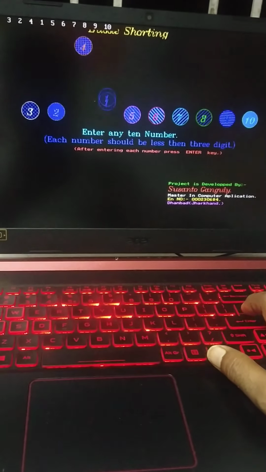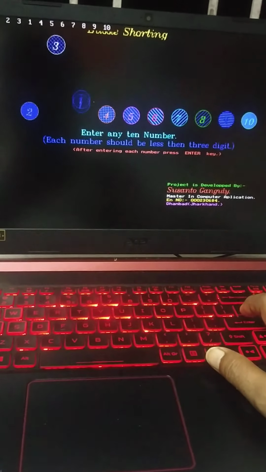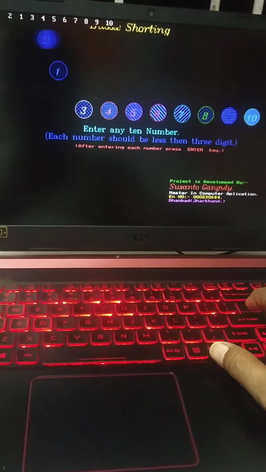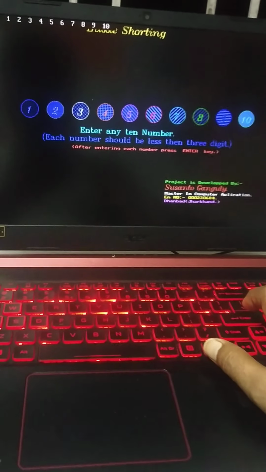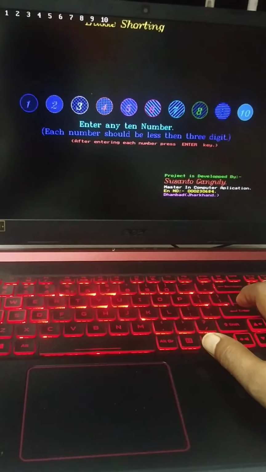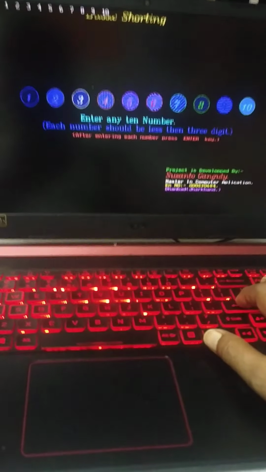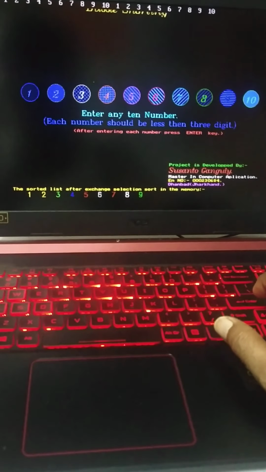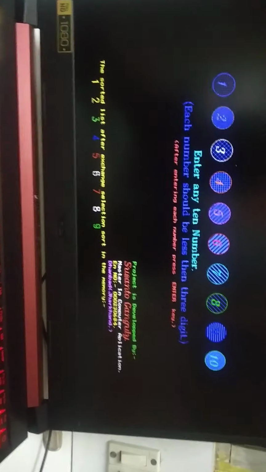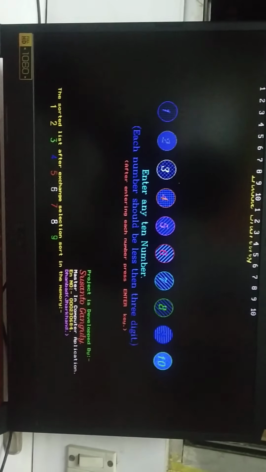Actually the computer was working very quickly, so I wanted to stop at a particular point. Yes, and the last, yes, my data is ready. Now if I press the enter key, all those numbers will come on the screen in a colorful way, and this is my screen, and this is the complete arranged data.